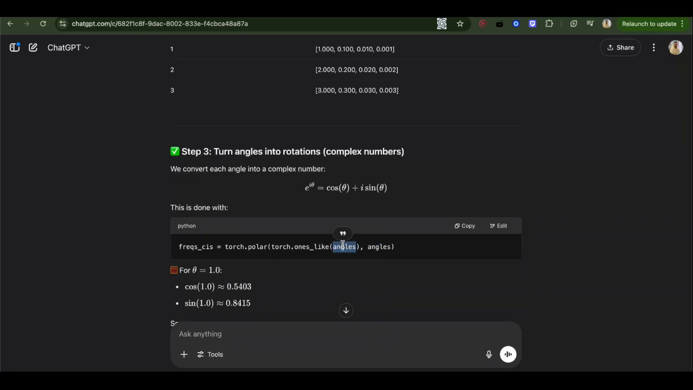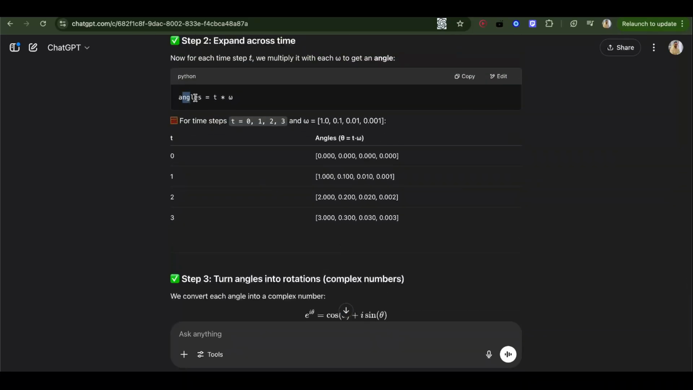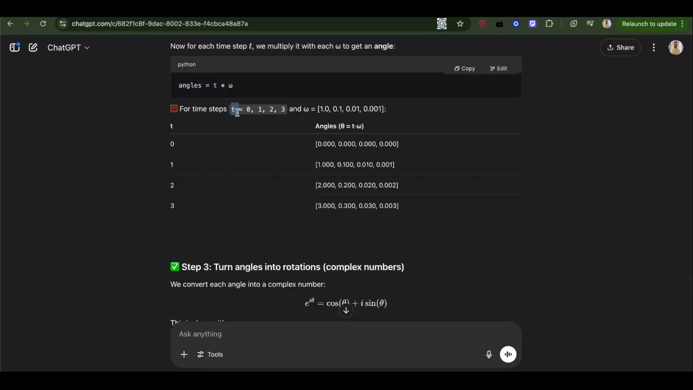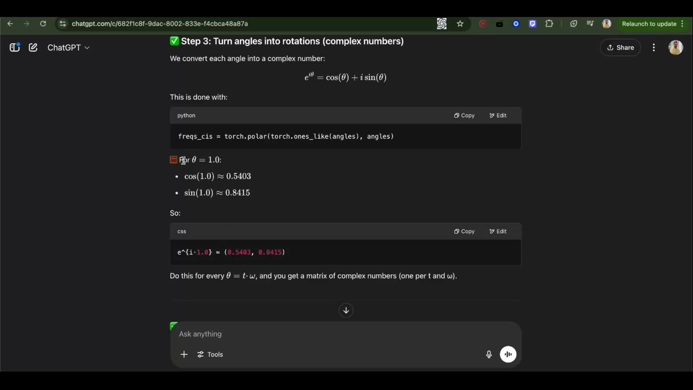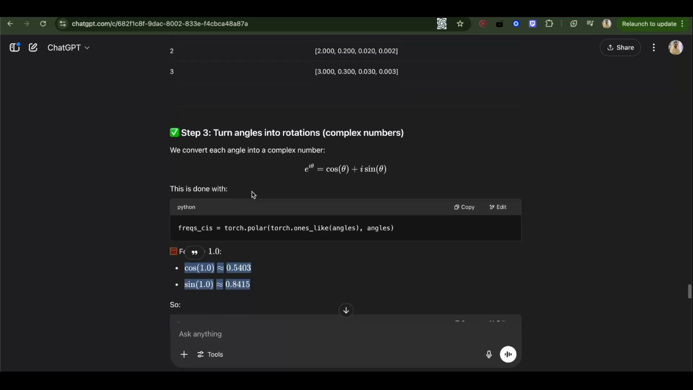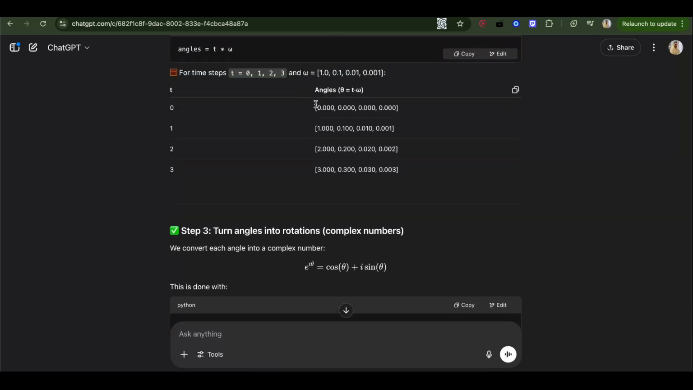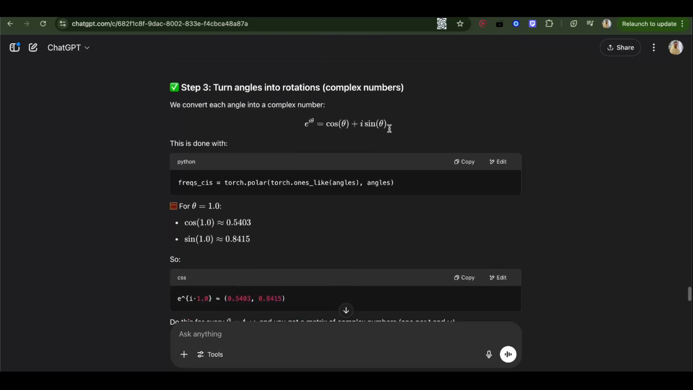So angles, it's going to be this t times omega, and omega is a vector, as I said, and t is also a vector. So for theta equals 1, we get these values. And if you remember, we calculated omegas here. These are our thetas. So we say t times omega, or angles, we get thetas. And now for each of the thetas, we calculate